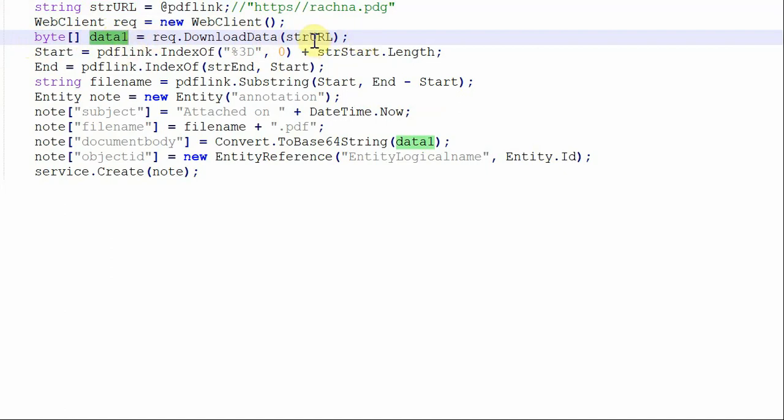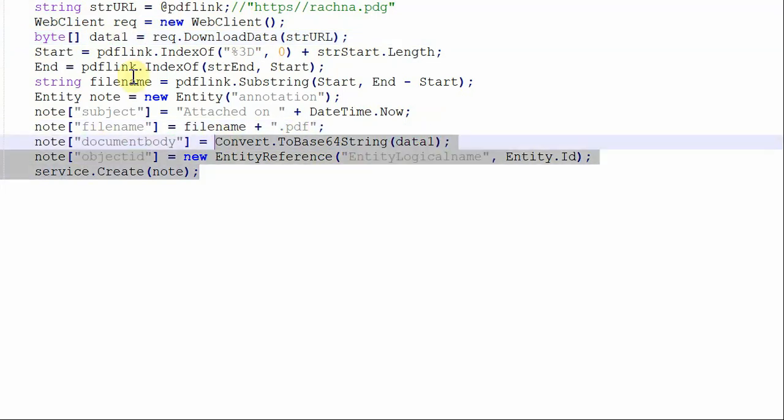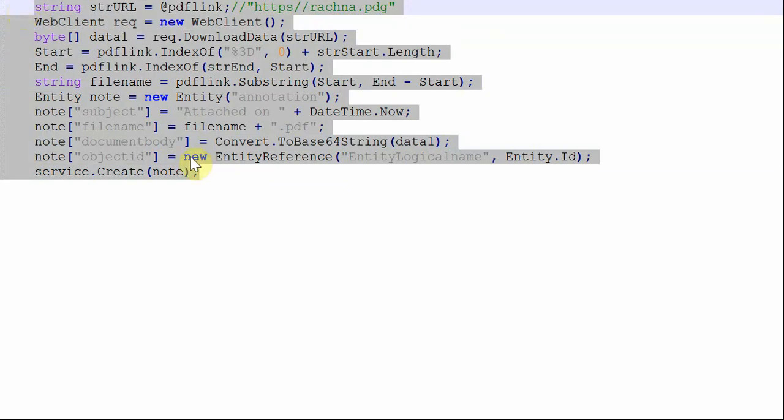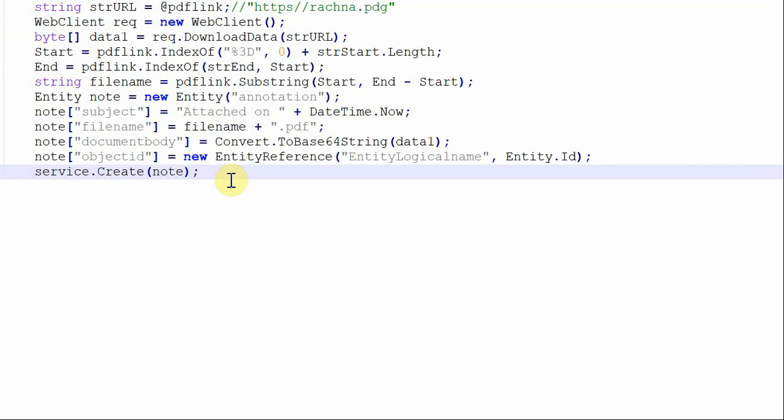This downloads whatever data is present in your PDF into byte format, and you need to convert these bytes into a base 64 string and then simply attach it to your document. It's a working code I have created, and it will create your notes and attachment with the PDF using the PDF link.